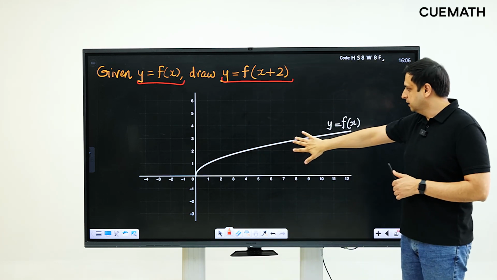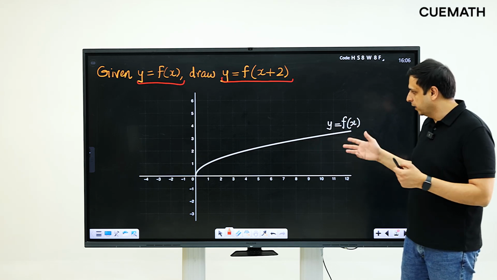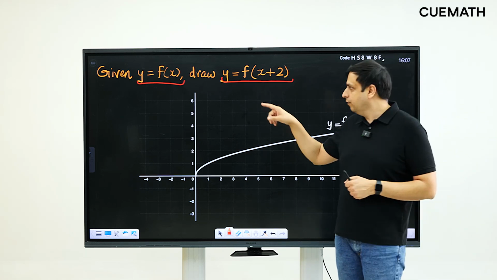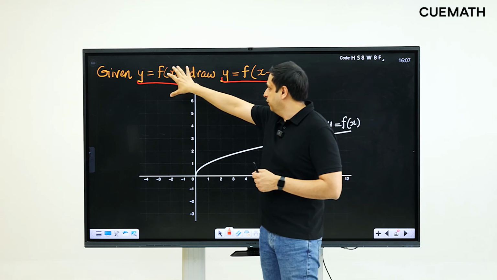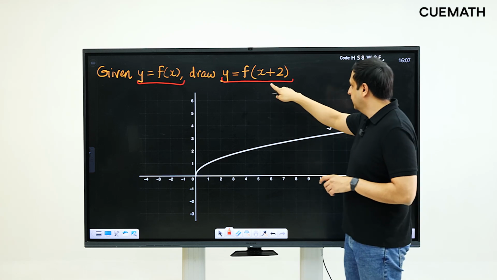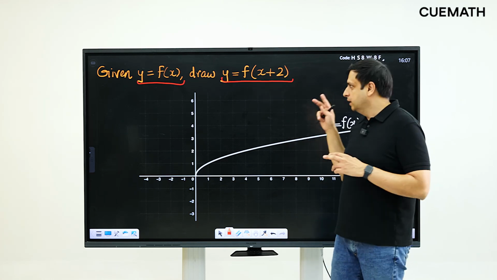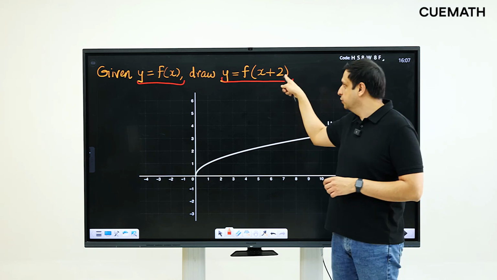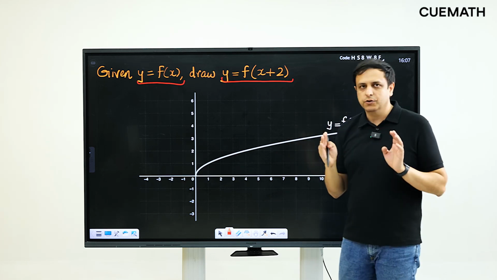So here you see the graph of a function y equal to f of x, and this actually looks like the square root function. And using this graph, we have to draw the graph of y equal to f of x plus 2. So, we have to transform the graph of f of x to f of x plus 2, and it is very important to observe here that in this transformed function f of x plus 2, the 2 that you are adding is to the argument inside the function. So, you are adding a 2 to x and then you are applying the function f on x plus 2,